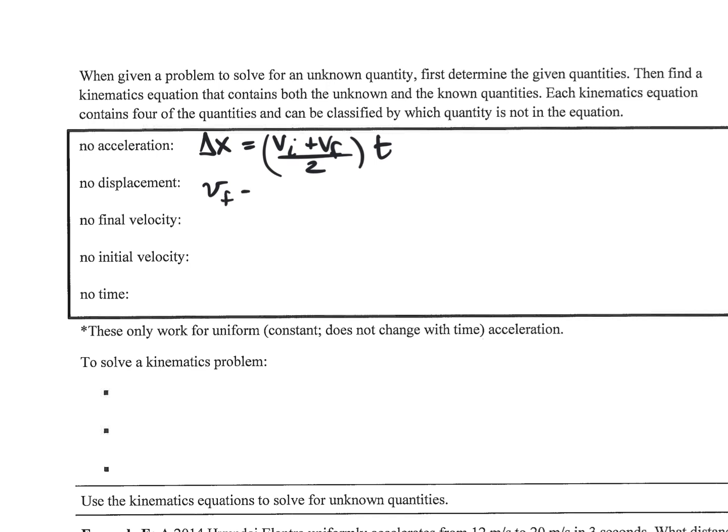V final equals V initial plus AT. Now this one is on your sheet. Your sheet lists it as V equals V naught plus AT. So that is V final. V is V final. V naught is V initial. Naught means at the beginning, not as in 0. Okay? This is the one that's actually on your formula sheet that you should be able to recognize. Okay? Now,